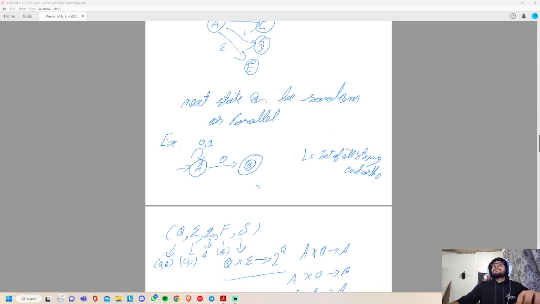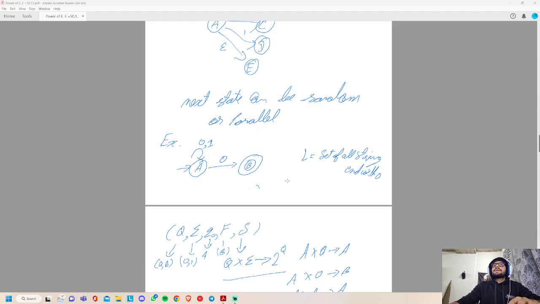Let's take an example: the set of all strings that end with 0. Now in the automata, if we get 0 or 1, it stays on A. If we get 0, it goes to the final state.